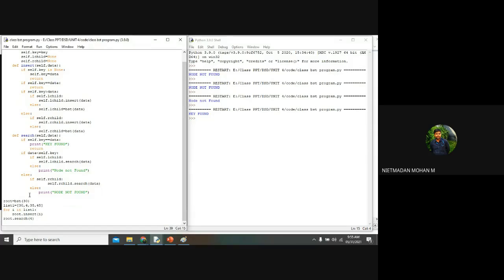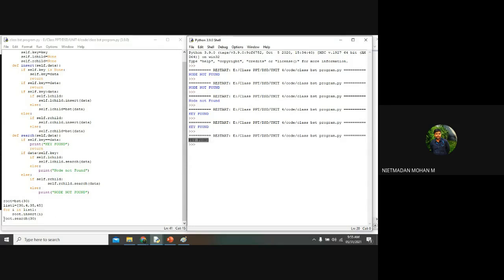So it won't be present now. Only when you go to the traversal operation, you can identify that. So the key has been inserted as 30. Now I am searching for 30. It will show that the key has been found. It will not show that 30 is not available. Once we go to the traversal functions, I have told you, right, inorder, postorder, and preorder traversal functions. In those functions, if you insert 2 numbers, it will display only 1 number. Why? Because we are eliminating the duplicate value here in the code. That is the thing.